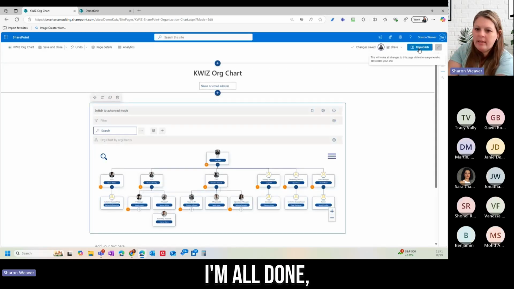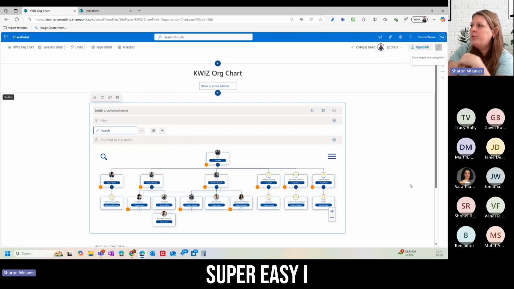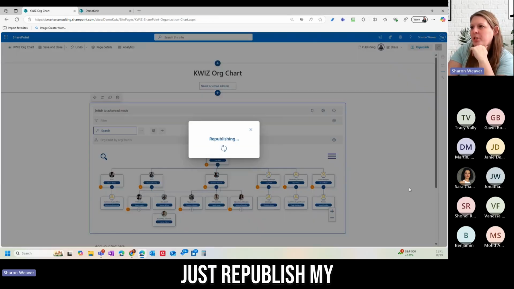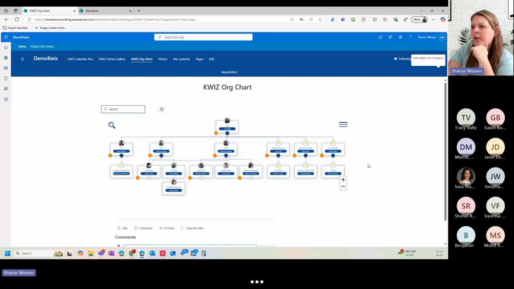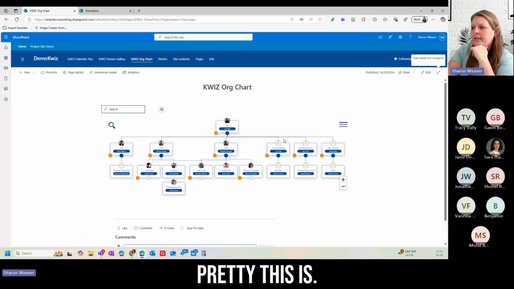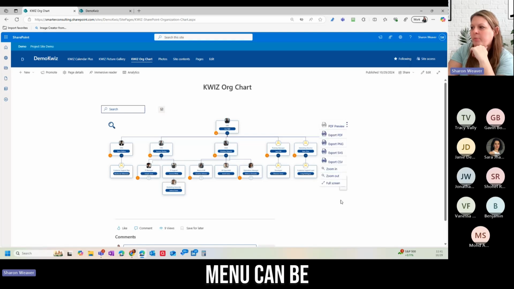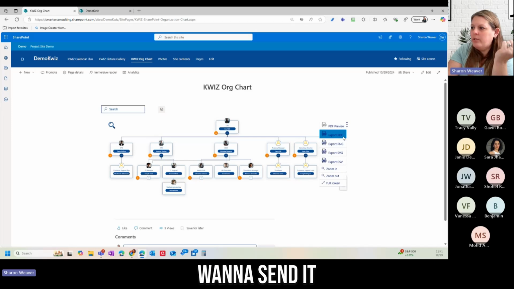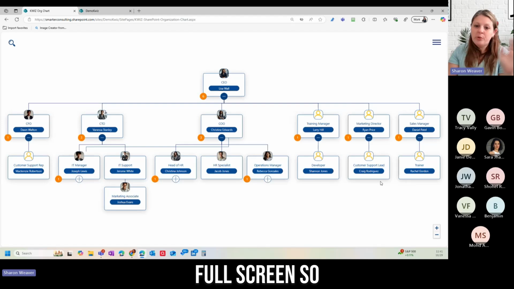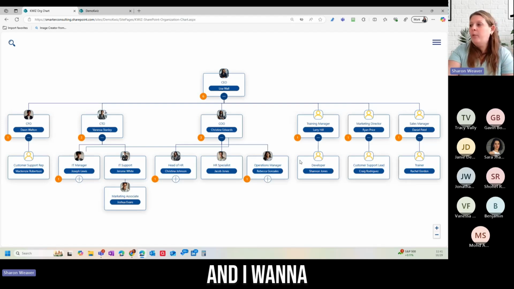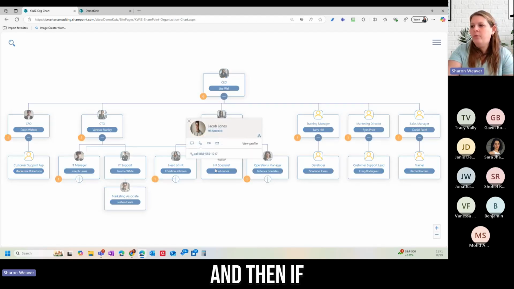And then when I'm all done, once again, super easy. I just republish my SharePoint web page, and look how pretty this is. It just shows me everything. And this hamburger menu can be hidden, so if you don't want people to have it, they don't have to. But I love the fact that I can just pop in here. I want to PDF this. I want to send it out to a CSV file. Maybe I want to make this full screen, so I'm doing a presentation and I want to be able to pull, and then if I click on it,